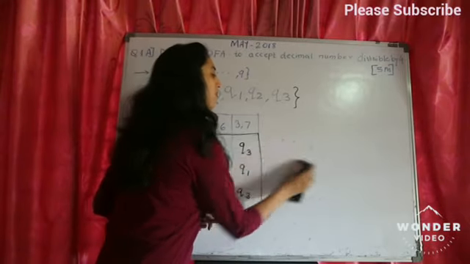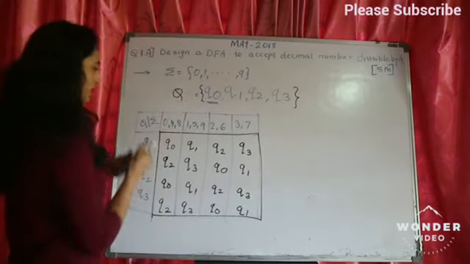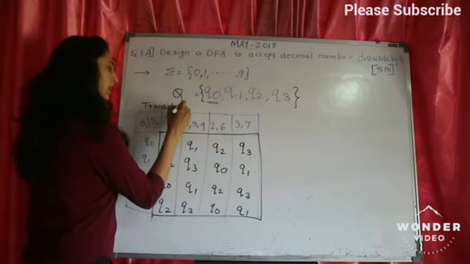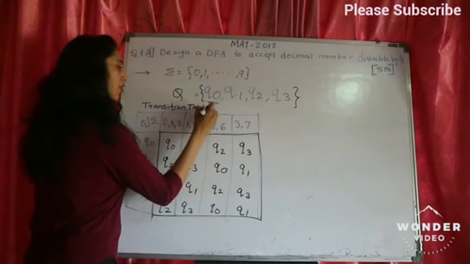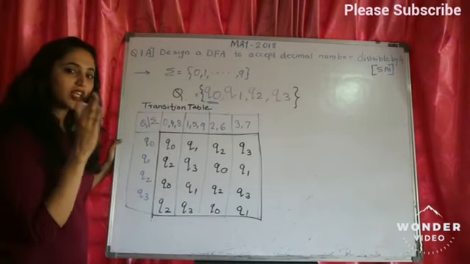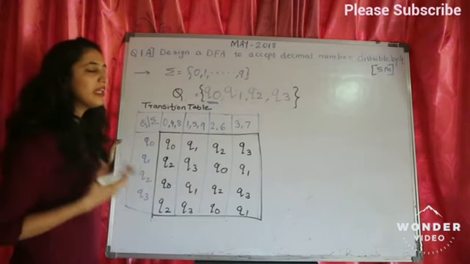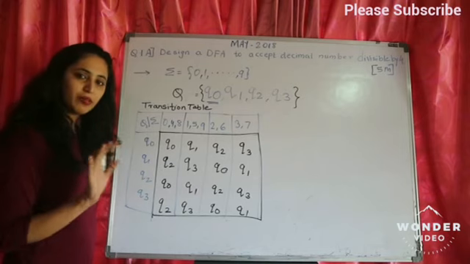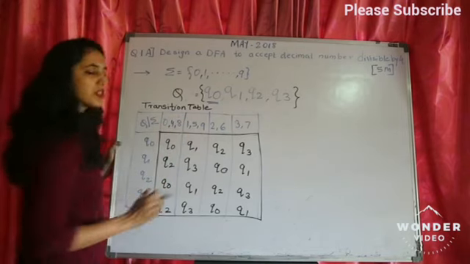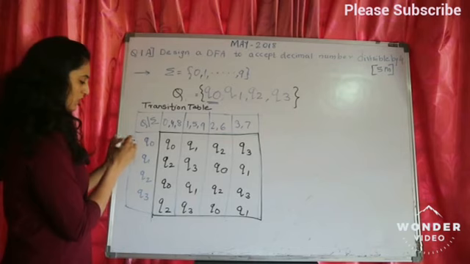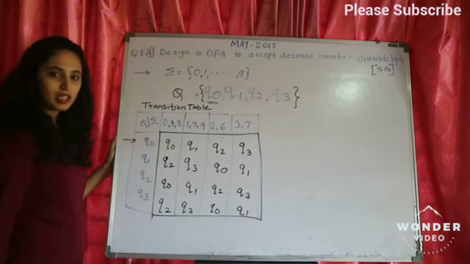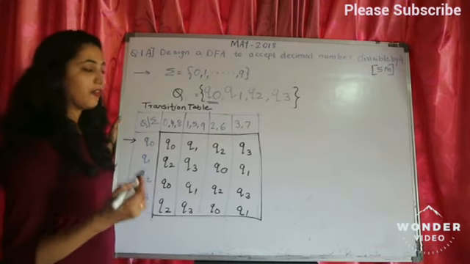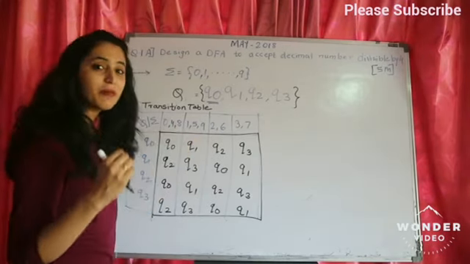Now whenever we make this table, we call it a transition table. We should always show the initial state and the final state of this table. What will be the initial state? When we are doing any division operation, initially we don't have any remainder with us. That means the remainder is Q0 by default. So we will always say Q0 is the initial state. And next, what is the final state? The final state is the state at which we are going to accept this number.